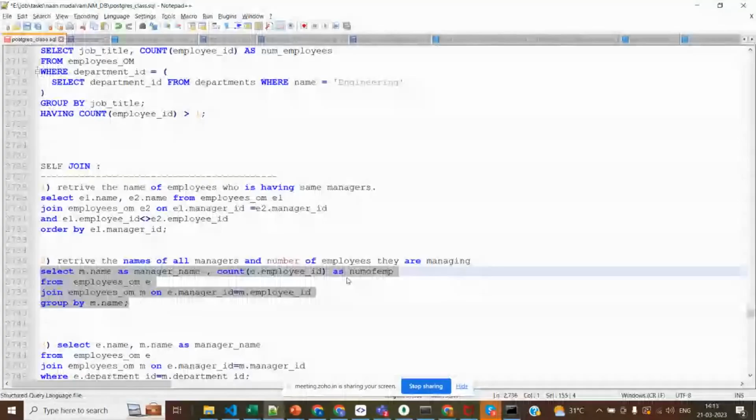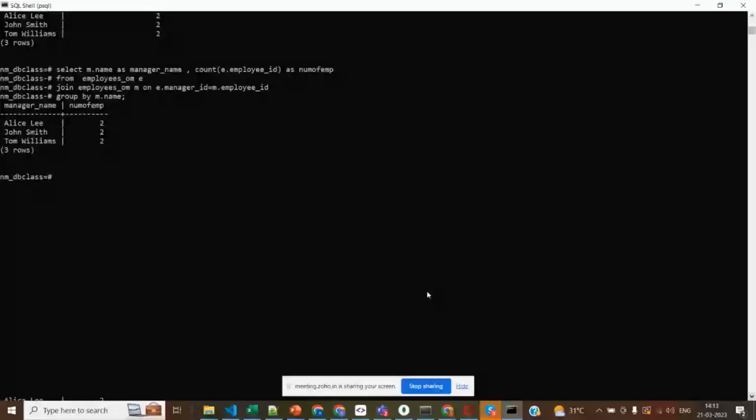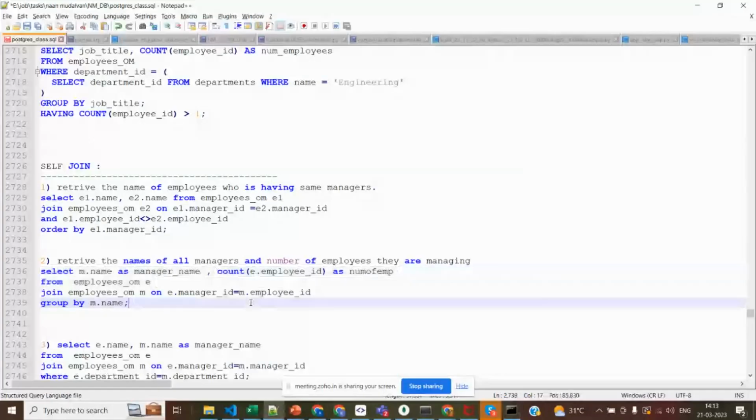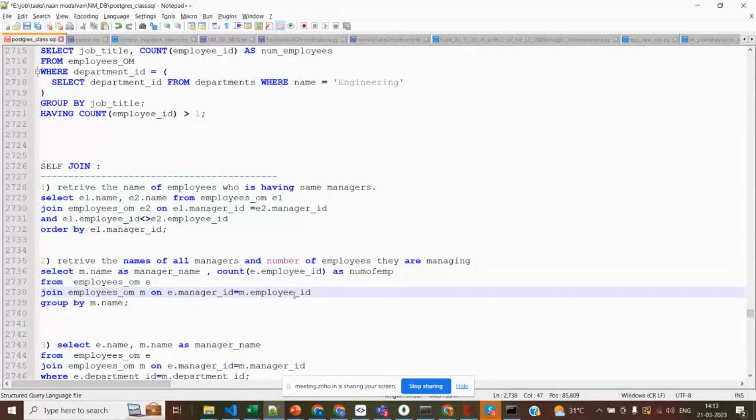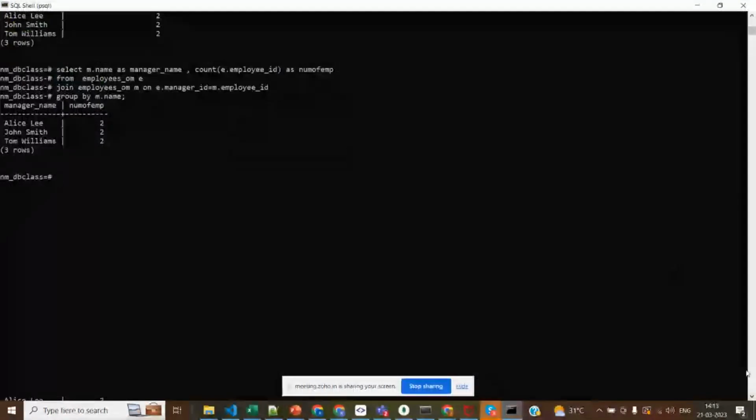Now you can see what our question is. You have to retrieve the names of all managers and the number of employees they are managing. What mistake we made is we compared the manager ID with the manager ID. That is wrong. What we need to do is compare the manager ID with the employee ID. Hope you are getting my point. See here,